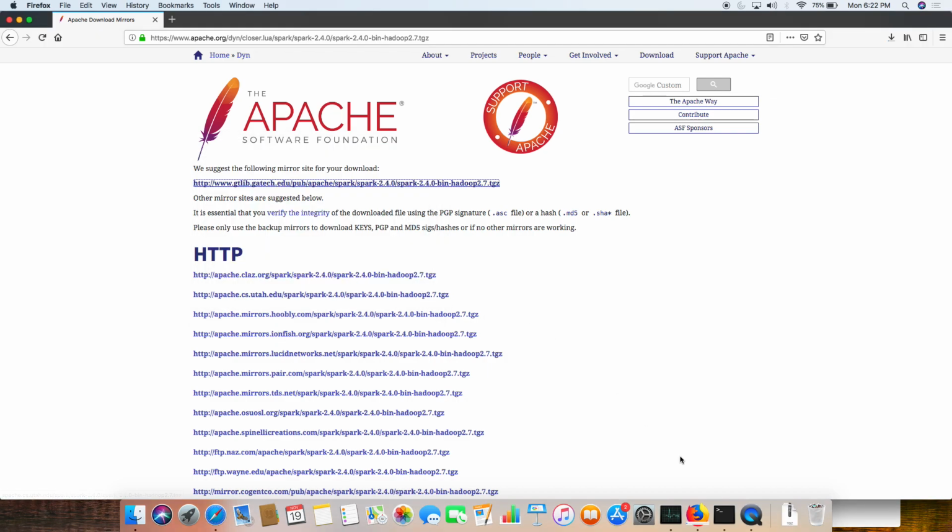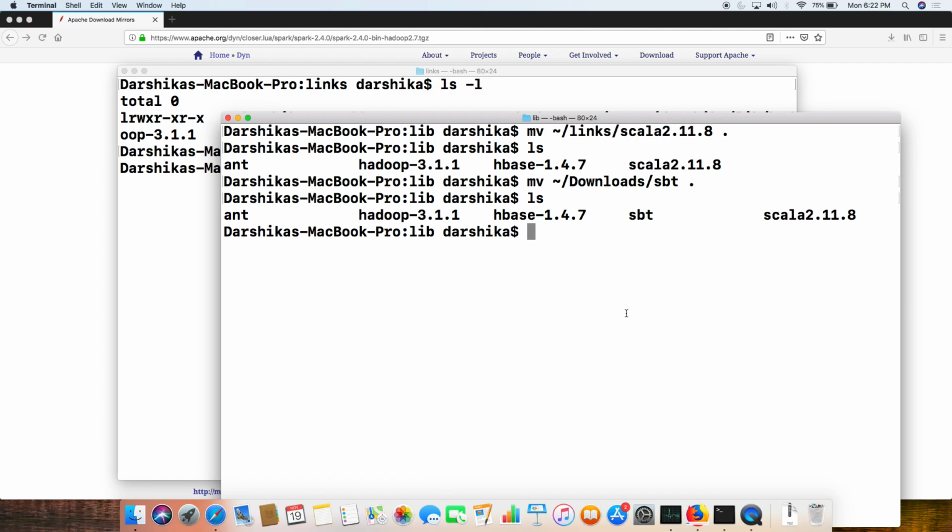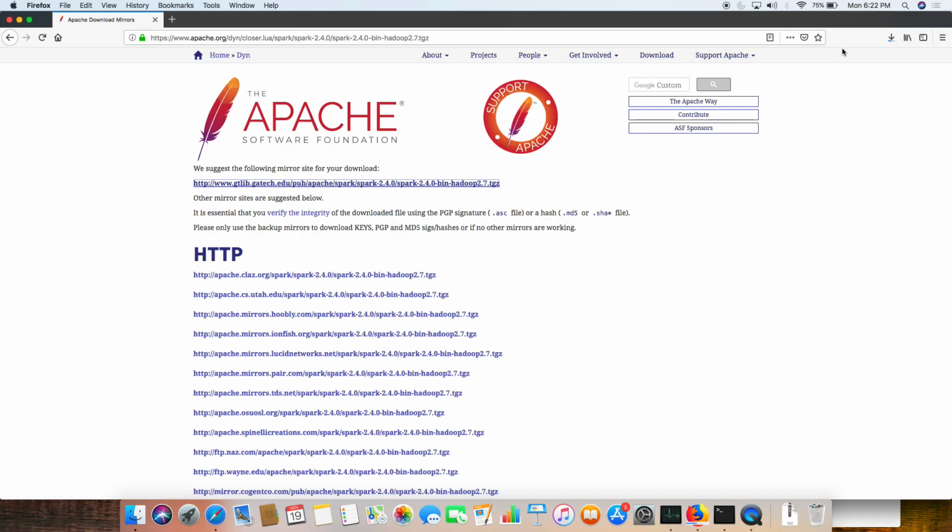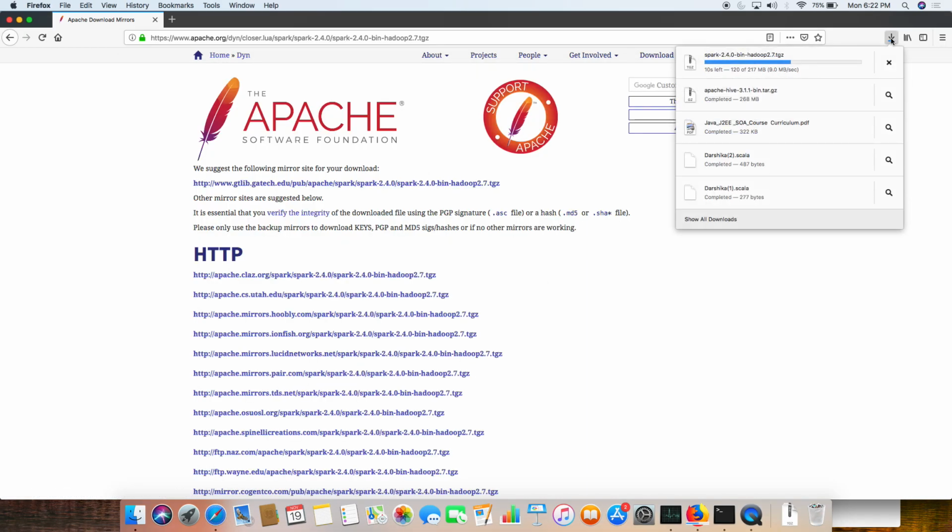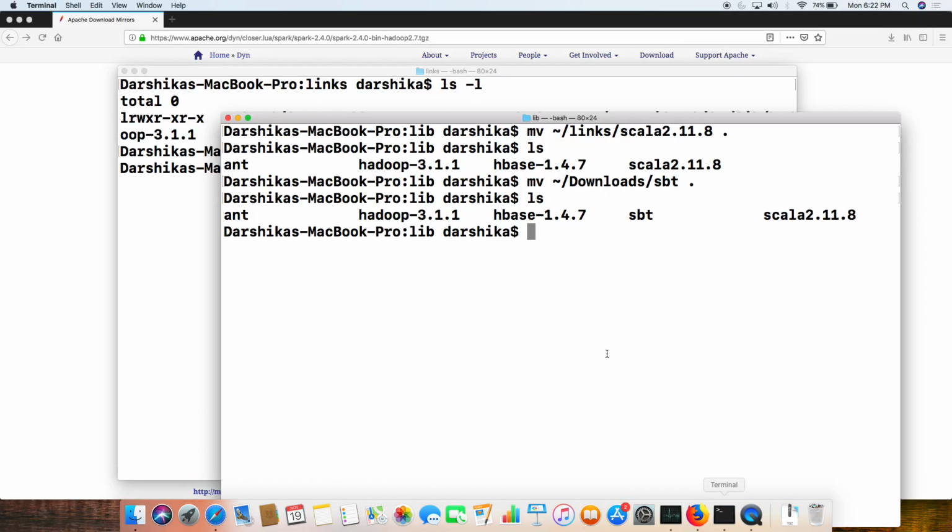So in my downloads, all these files are there. Now I'm going to come to this particular lib directory, okay? And then once the downloads are complete, let's check whether the downloads are complete or not. It is getting executed, and Hive is already downloaded, and now you have this Spark getting downloaded, okay? Once that is downloaded, then go back to this one and move that from the downloads directory, Apache Spark,